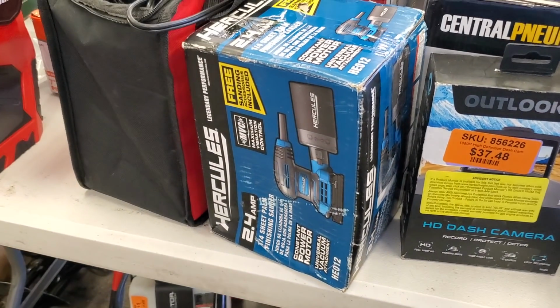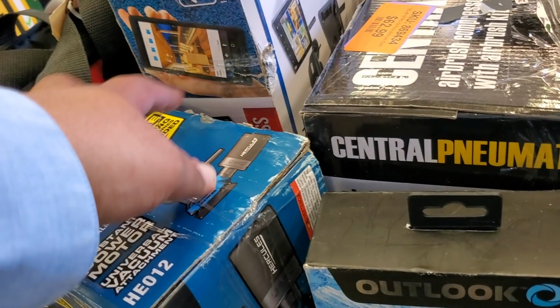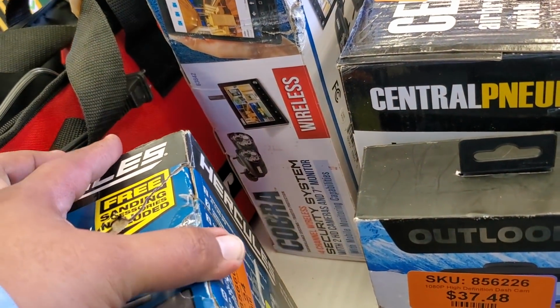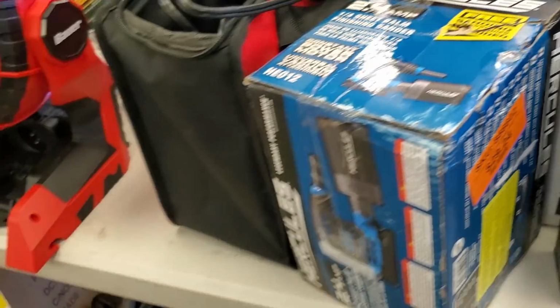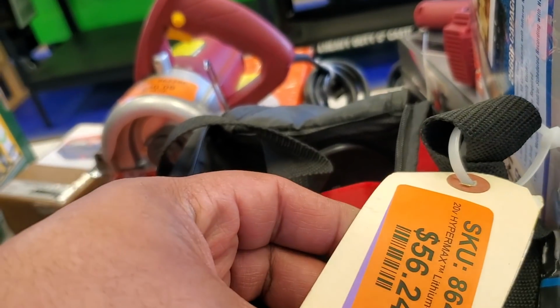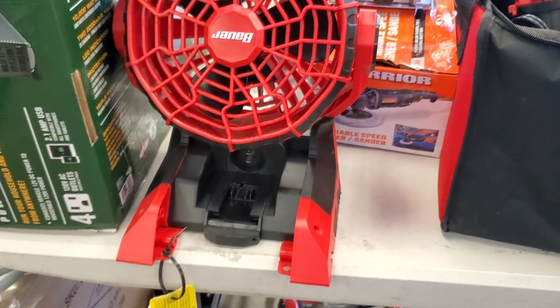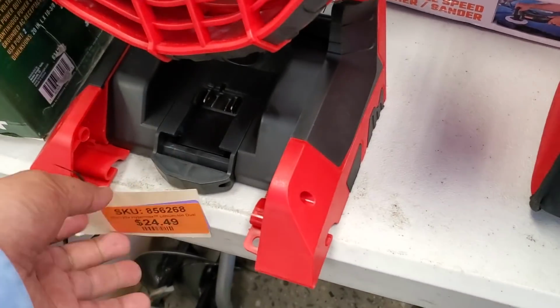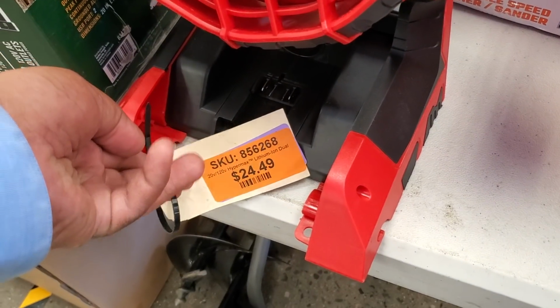But you know, and then they got the sander there, and then they got this camera here for $37.48. That's the sander right there. And the sander is $29.24. It's a Hercules sander. And then they got this fan. They got this drill here for $56.24. So it's a little lower. It's not the lowest price ever. But like I said, they're gonna be doing $24.49 for that fan, but if they're gonna be doing that